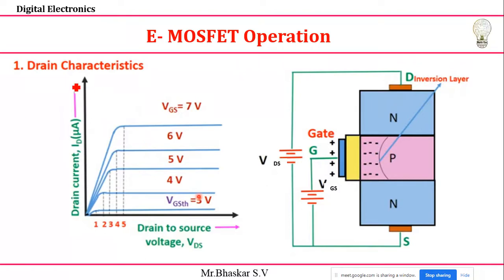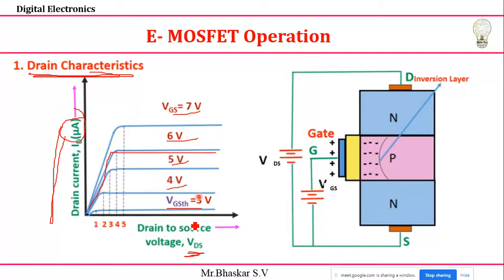Let's move on to the drain current characteristics, or drain characteristics. Here I'm going to plot the graph of VDS versus drain current. My drain current I'm going to take in microamps, and VDS. You can see these are the different values of VGS. Initially I'll take 3 volts, next 4 volts, 5 volts, 6 volts or 7 volts. If my VGS value increases, the drain current is also high initially, but after some time it will come to a saturation.